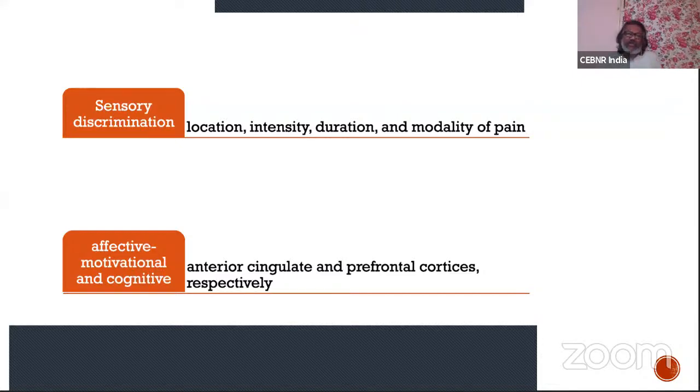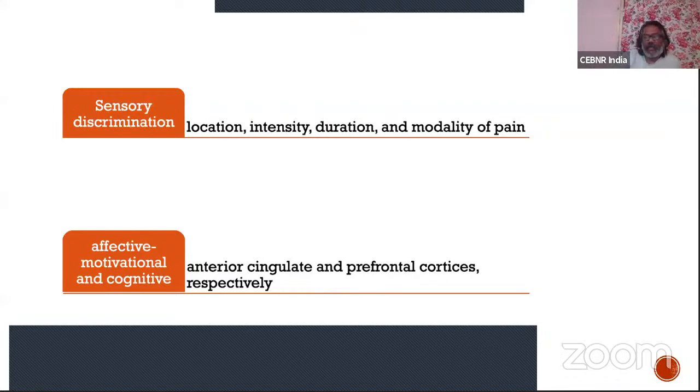For too long, this is the one part we mostly were talking about, treating, or taking as important parameters for our clinical management. If you take pain assessment also, most of it will be where you have pain, how much you have pain, how long you have pain, and things like that. Nobody talks about the affective or the cognitive part of it. Nowadays, people have started moving into it.